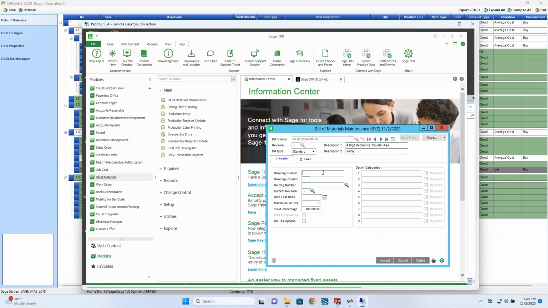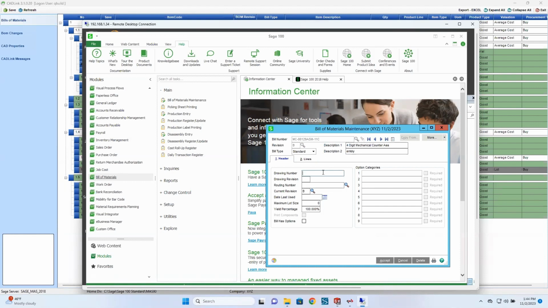So what I'm showing you is just a standard out-of-the-box CADLINK to give you the capability overview of this solution and how it integrates. In terms of the details of individual fields that you want to populate in your Sage 100, we are able to gather those requirements with you and meet those requirements. So yeah, definitely let us know if you have questions after today's session in terms of, hey, CADLINK looks great,